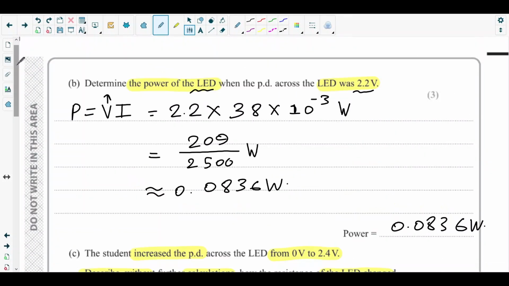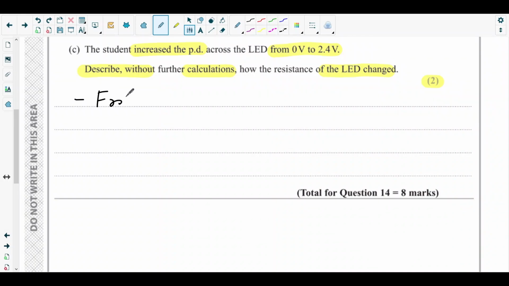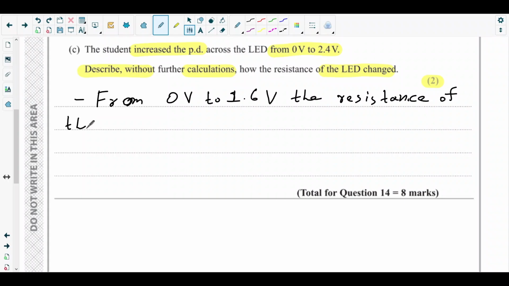That's the second point. Okay, so the first point, from 0 volt to 1.6 volt, the resistance of the LED was infinite, because V over I, there was a value for V, but I was 0. That's why infinite. Okay. Second point, above 1.6 volt,